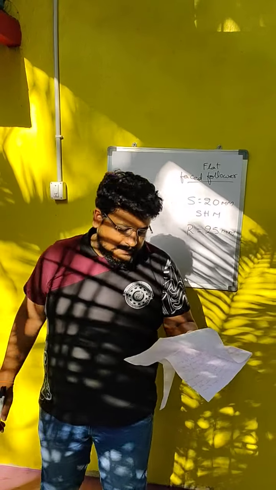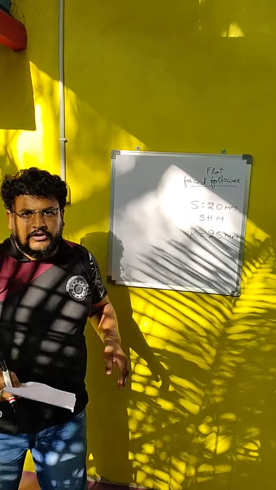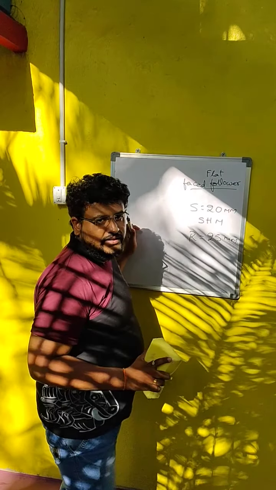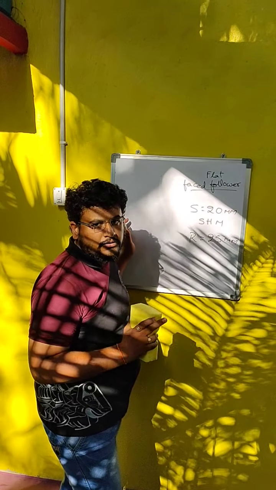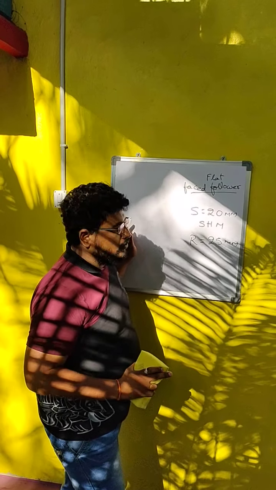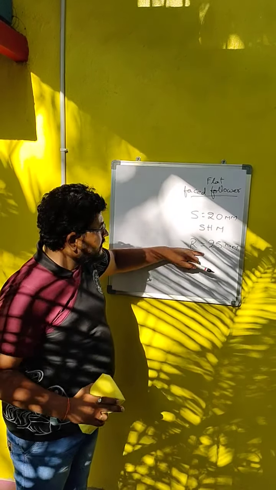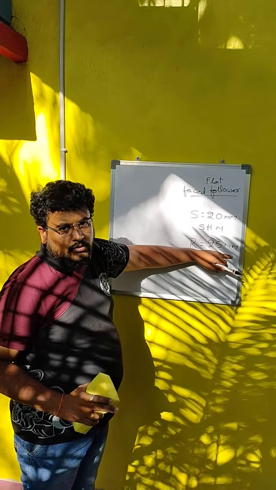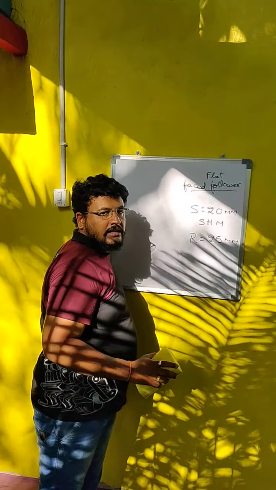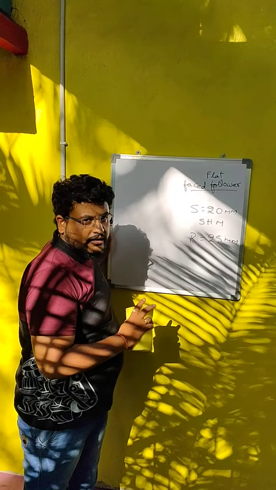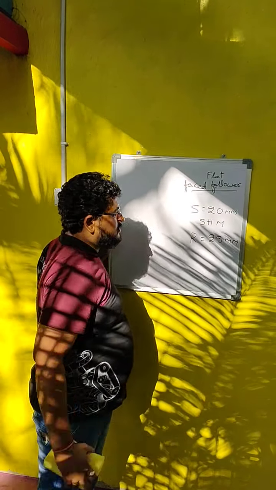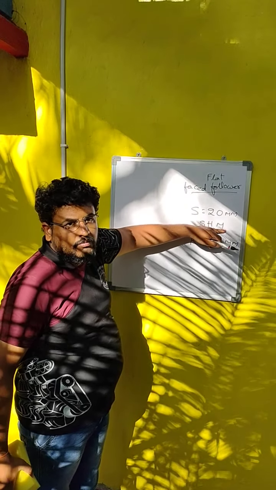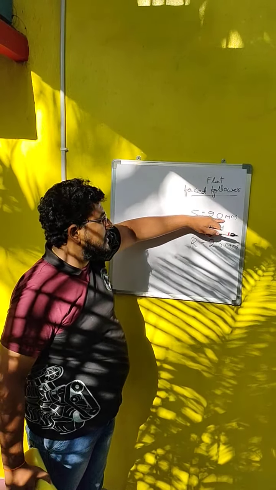In the question, it doesn't say whether the follower is radial or offset. That means if nothing is asked in the question, by default we have to consider it as a radial follower itself. That means the axis of the follower should pass through the axis of the cam. Now let us take down the data given in the question. Cam radius is given as 25 mm. Cam radius is nothing but the base circle radius of the cam, and here the rise and return strokes both take place in which type of motion? Simple harmonic motion, and stroke of the follower is given as 20 mm.